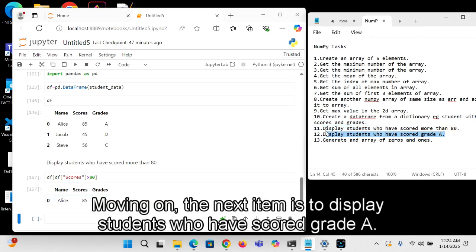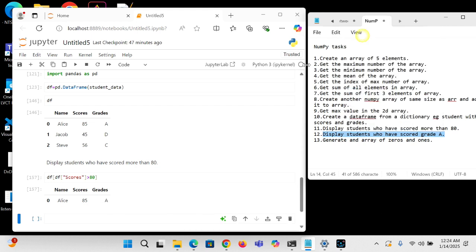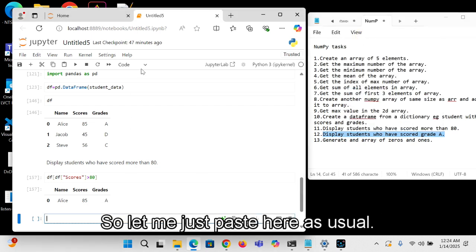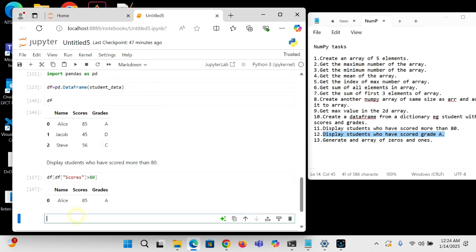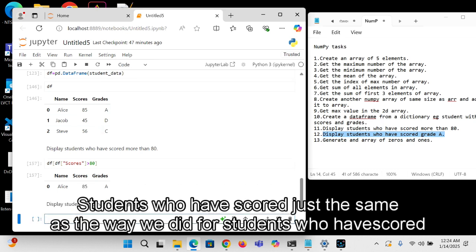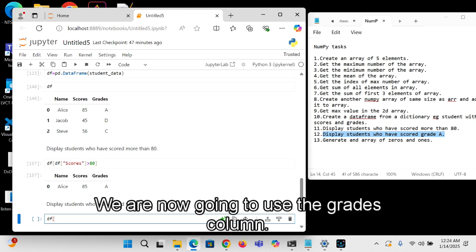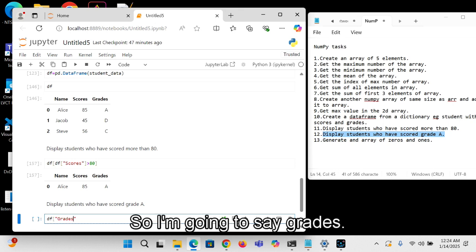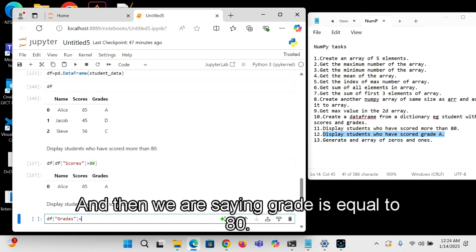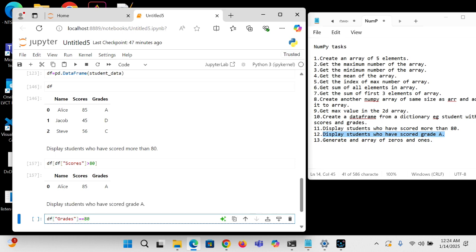Moving on, the next item is to display students who have scored grade A. So let me just paste here as usual. Students who have scored A, just the same as the way we did for students who have scored more than 80. We are now going to use the grades column. So I'm going to say grades, and then we are saying grade is equal to 80. If I run,